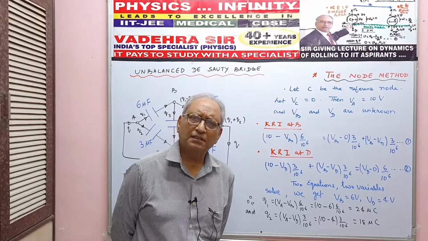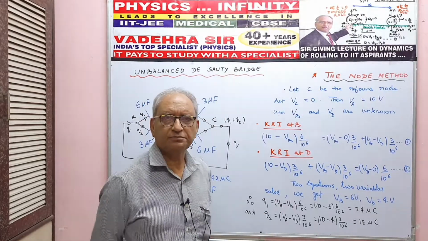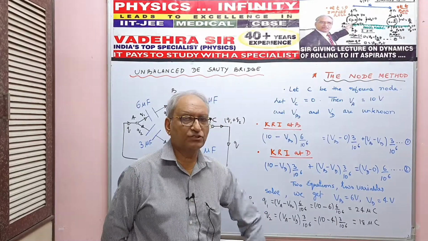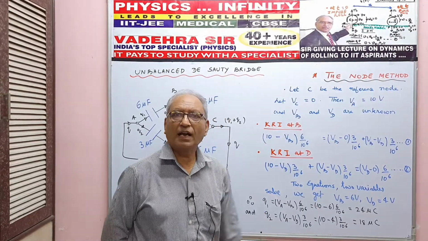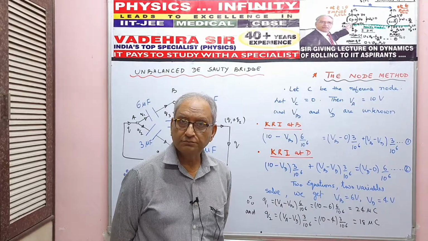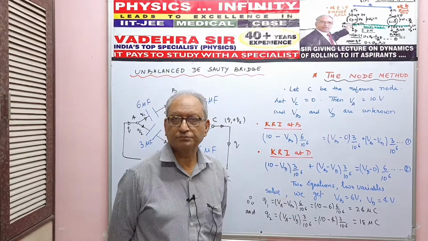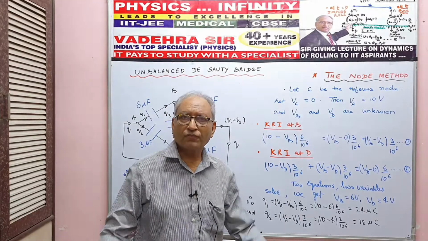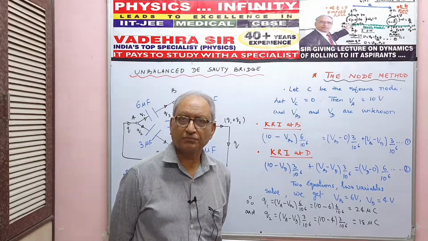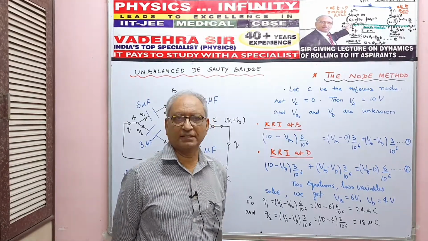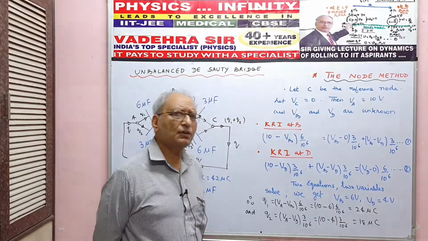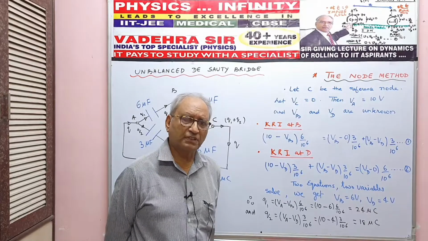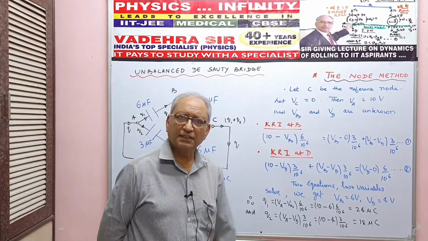Whether it is balanced, then of course it is a 1 second job, or if it is unbalanced. The unbalanced Wheatstone bridge you can solve either by the loop rule, Kirchhoff's rule 2, or the nodal rule, Kirchhoff's rule 1, or of course with the super trick, that is the star delta method. Now this is normally what we teach in classes with our students, both the traditional methods and then the super trick also.